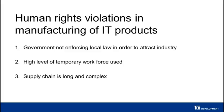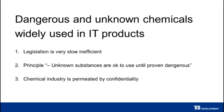So let's look at the next big challenge. This is the chemicals that are used in IT products today. And the reasons for this is that the legislation is and has been very slow and inefficient for many, many years. The legislation works on a principle that unknown substances are okay to use until someone proves that they are